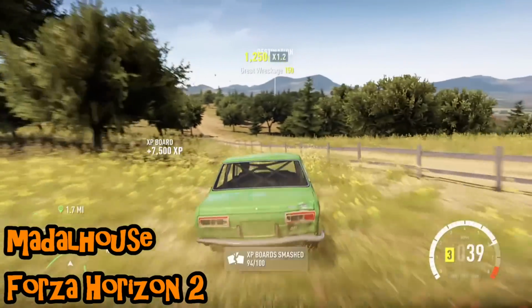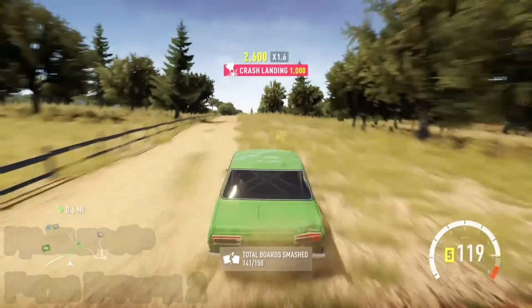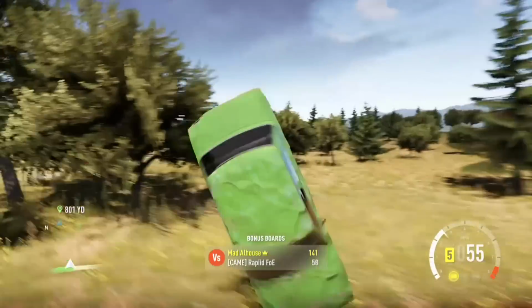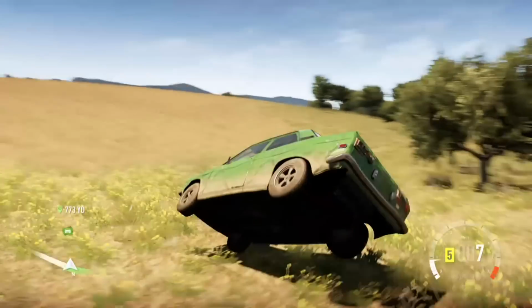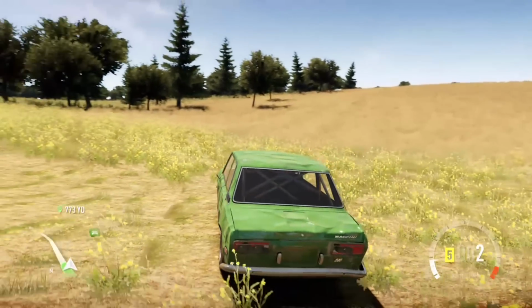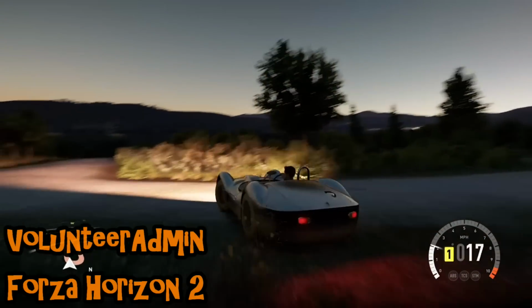Up next, Mad Al House on Forza Horizon 2, doing a bit of hunting for billboards and driving around off-road in his Datsun when it finds a bump and proceeds to cartwheel and just doesn't quite know when to end the roll. We're still cartwheeling. Oh, then we've got to do a roll for good measure and stick the landing. It does look a bit like a crumpled tin can after that,